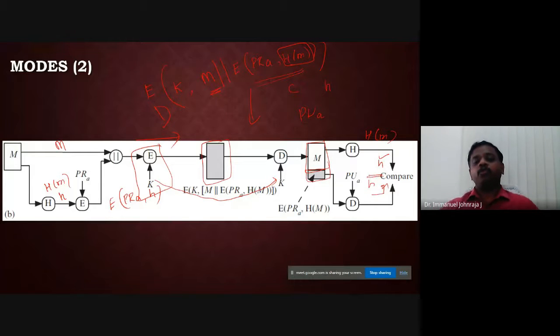Now what do we achieve here? We achieve two things. One is the confidentiality, the other one is the digital signature, that the message is authenticated. All right, so this is the overall view of the usage of the message authentication or the hash value. We call it the message digest. This also can be used in digital signatures. Where else can we use it?